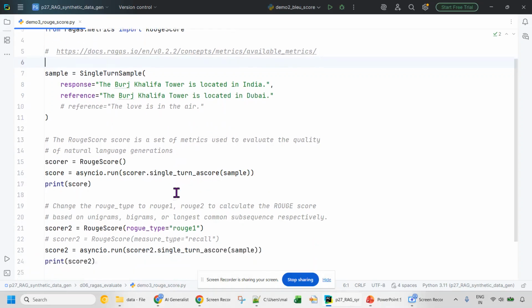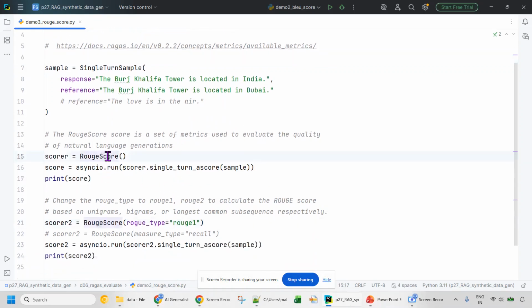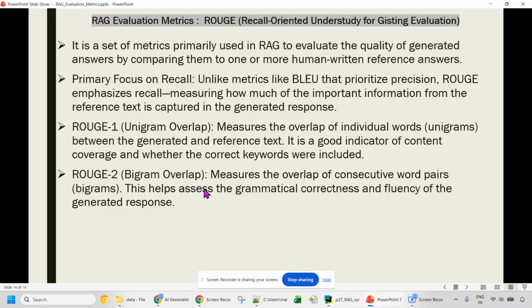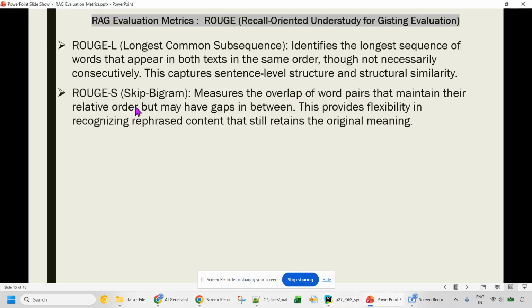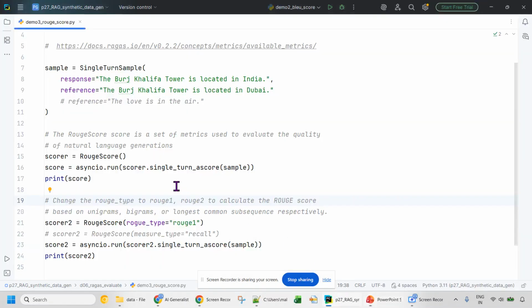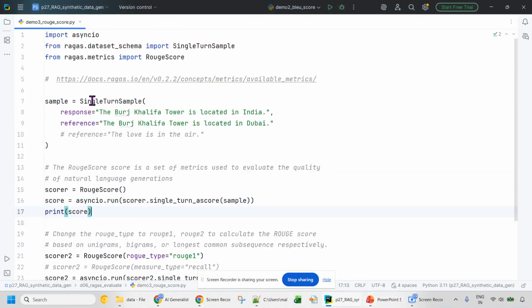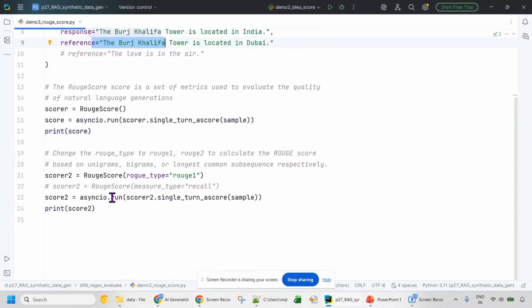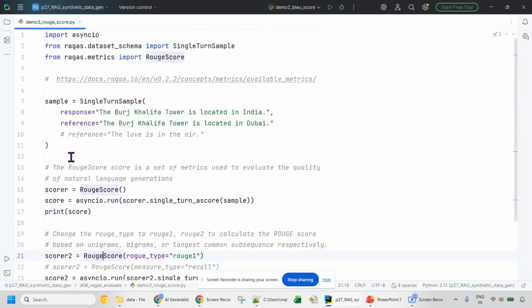So, ROUGE score. I need to call this ROUGE score method, once without any weightage or parameters, and here also with some parameters. I'm going to use ROUGE-1 here. Based on different needs, we can go for ROUGE-1, 2, or whatever is mentioned here: ROUGE-1, ROUGE-2, ROUGE-L, ROUGE-S, and so on. We have a single sample response and reference, and we are going to see the score for default and for custom ROUGE score. Right, let's run it,